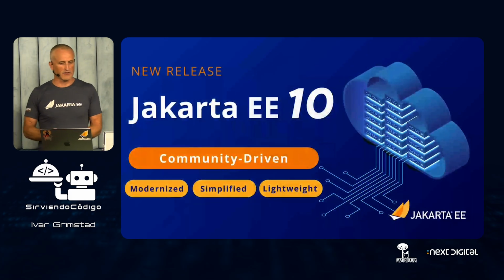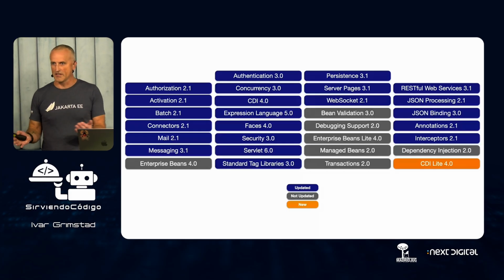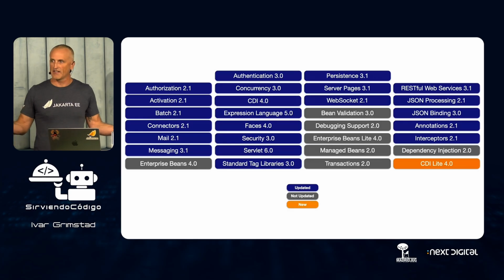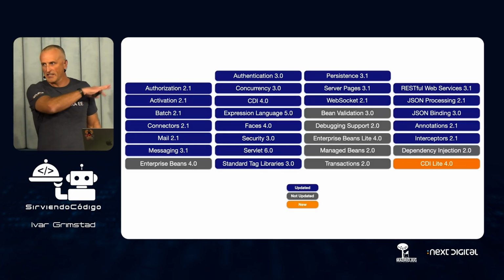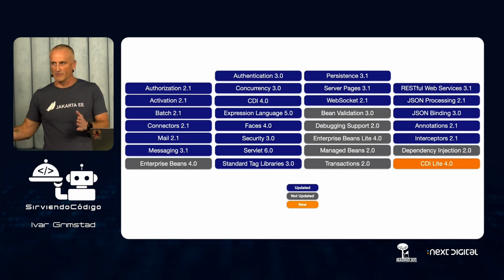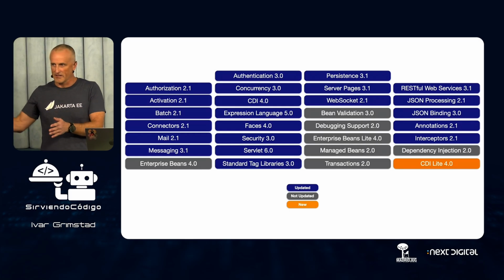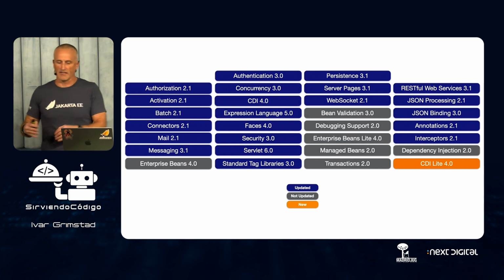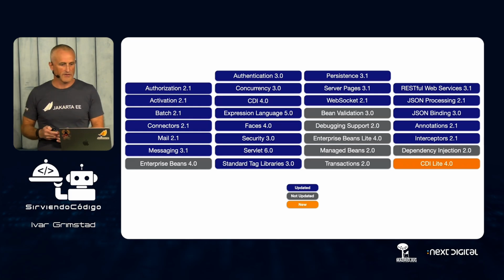10 is the current release out there. And this is how 10 looks. All the blue ones were updated from 9 to 10, because in 9, we only did the namespace change. And that was a very good decision by us. Because if we had made these changes in 9 as well as the namespace change, then that migration from Spring Boot 2 to Spring Boot 3 that you've been doing would have been so much harder, because then there would have been API changes as well. Now it was just a namespace change.